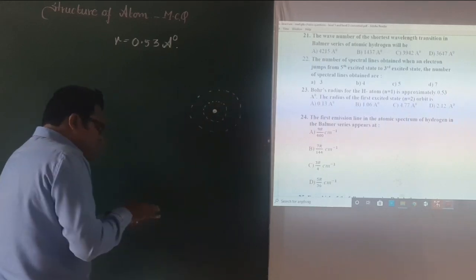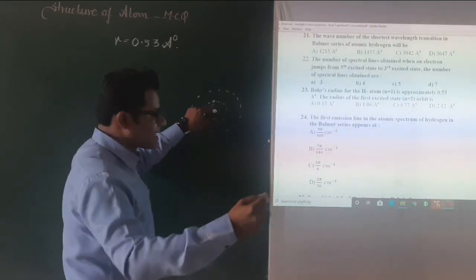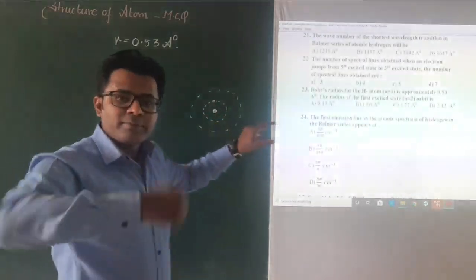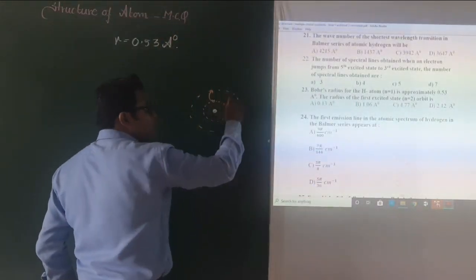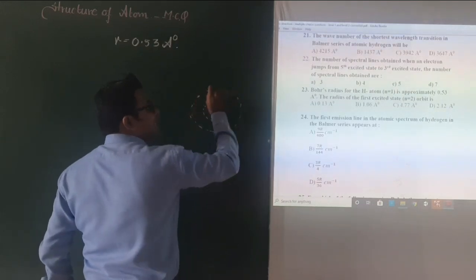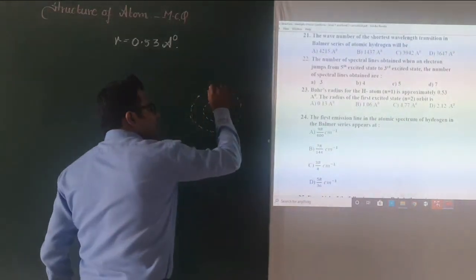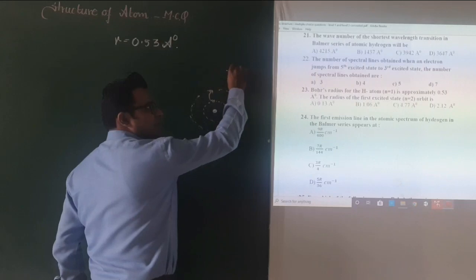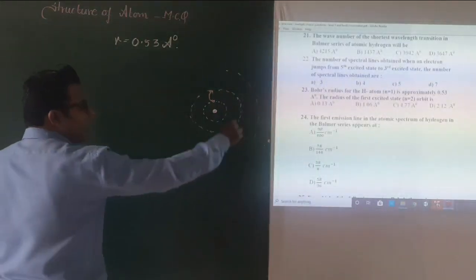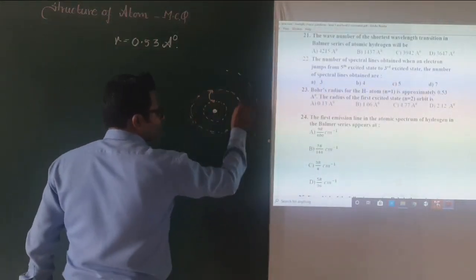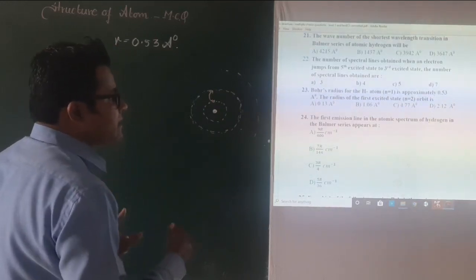But when an electron that is residing over here, as you supply the energy, the electron is going to absorb that energy. As the electron absorbs that energy, this particular electron gets excited. It goes to the next orbit, right? So that time we consider this as the first excited state or the first excited orbit. You supply the energy, again the electron jumps from the first excited state to the second excited state over here. But second excited state means it is a third shell. Right now we are worried only about the second shell here. Okay, fine. So what they are asking is the radius of the first excited state, n equals 2, of